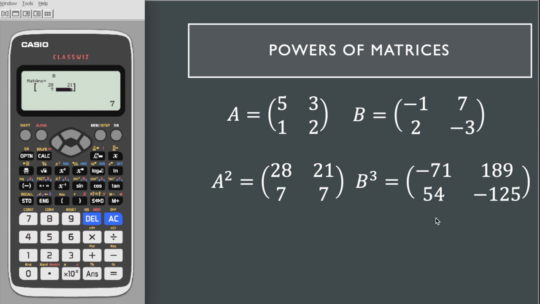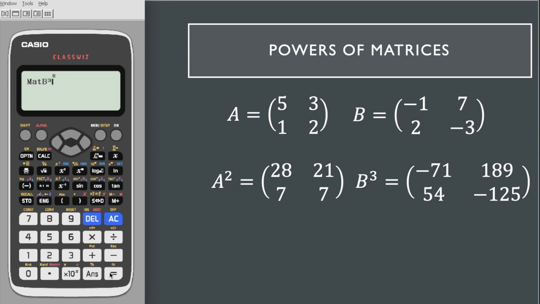So if I was going to work this out by hand, first I would work out B squared, and then I would multiply the matrix for B squared by the matrix B, and then I would end up with this result here. So if we select AC, go to Option, select option 4, which is matrix B. Now to raise this to the third power, what you should see above the x squared key is this yellow x cubed symbol. So that means if we select Shift and then press x squared, this matrix will then be raised to the